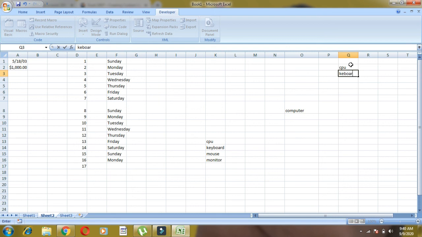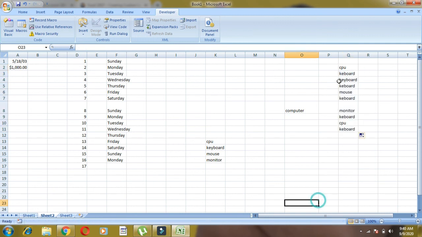Two things we have to write, children, at least two to drag it down. And if you drag down, you will get the list of all the things: keyboard, mouse, monitor. See, these things are coming automatically, isn't it? So you can see the sequence will come automatically.